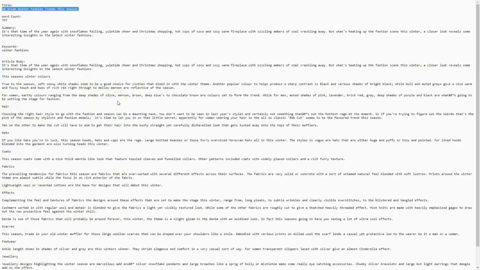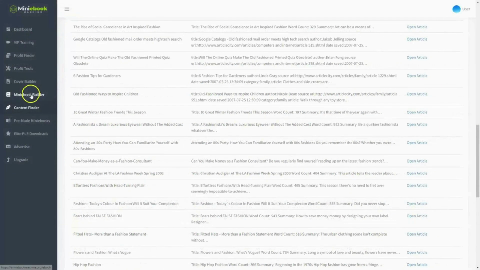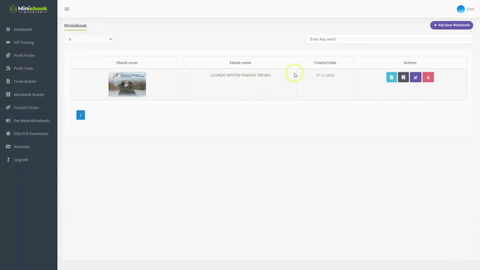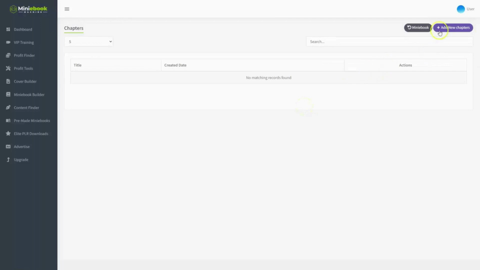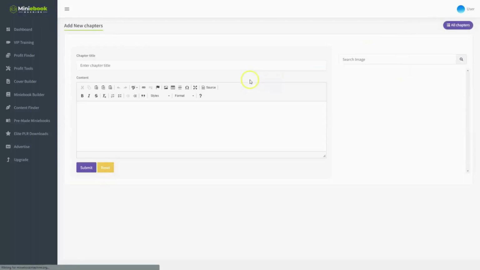Then what we're going to do is go back into the dashboard and go to our chapter creator part of the Mini Ebook. So we want to go ahead and click on the Mini Ebook Builder. After we click on this tab, we can see Generate Ebook, and we can also see the tab next to it, Add Chapters, and I'm going to click on Add Chapters. Then I want to click on Add New Chapters. First, I'm going to go ahead and paste in the title I just copied, Great Winter Fashion Trends this